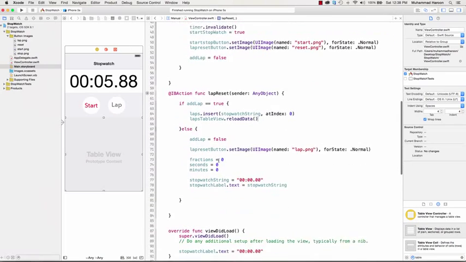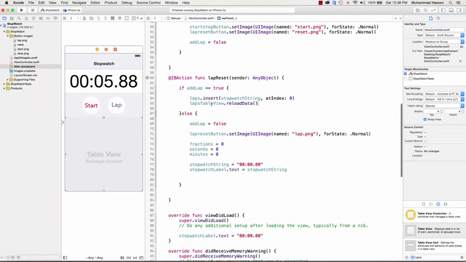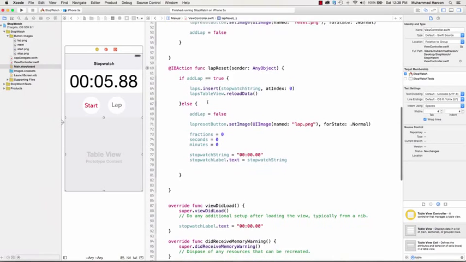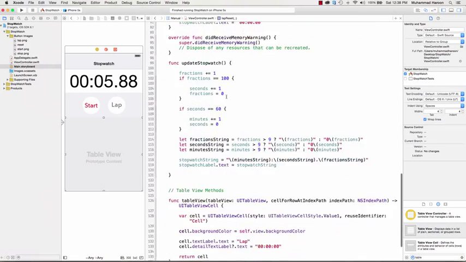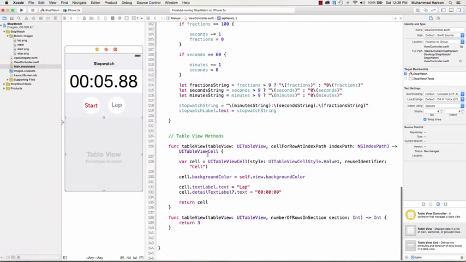So our array would be populated with this code, but then the labs table view reload data would always load the same data that we have told over here. So to counter this, we need to change the code. So first of all, I'm going to say that this time return me labs.count, and here we can say that this text is going to be lab, and then